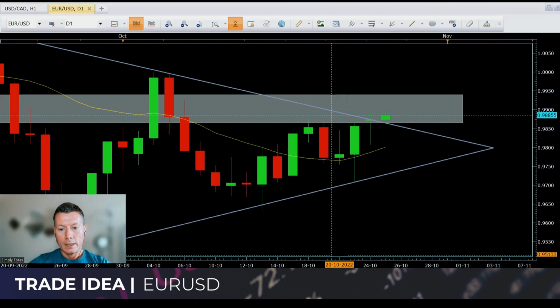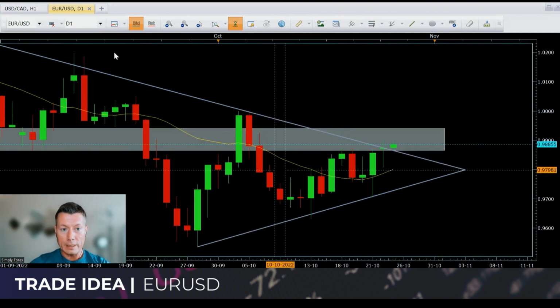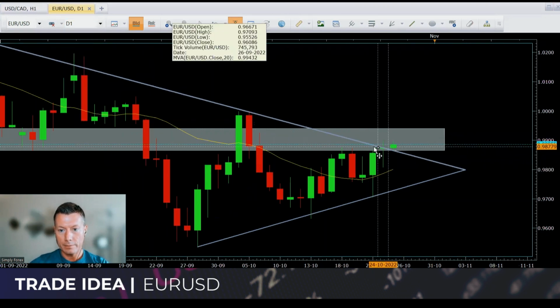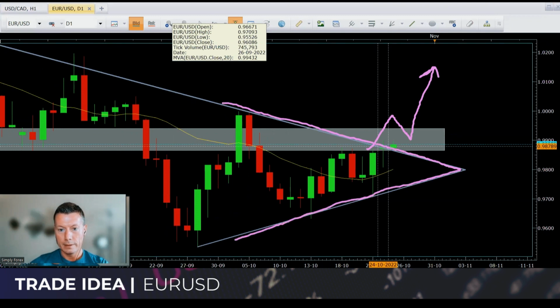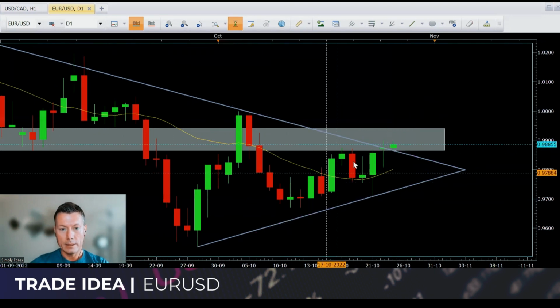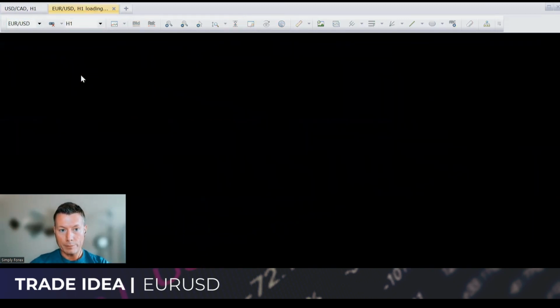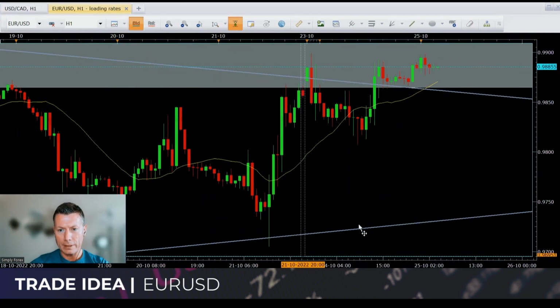So what we could look for, there's a couple of things here, guys, really. If price starts breaking out of this grey zone, retests it, and we look to the upside, we've had a break of this triangle, then we're looking for longs all day long. These are good long setups. However, that would support my US dollar Canadian dollar theory. So if we drop down to the H1, there are a couple of things that can happen.